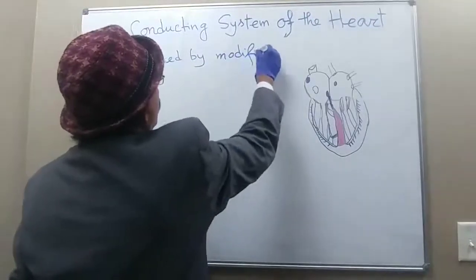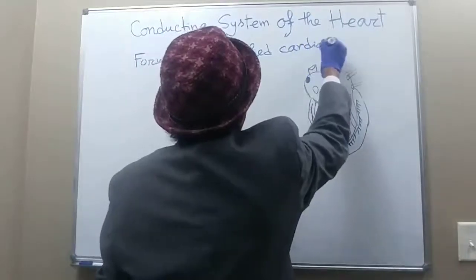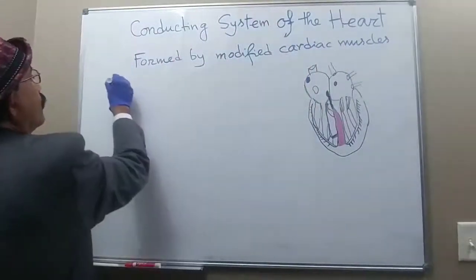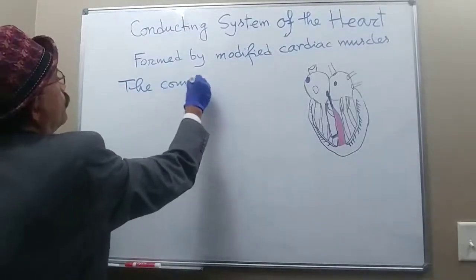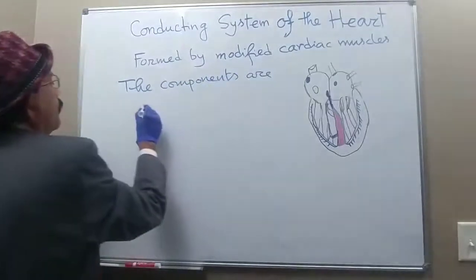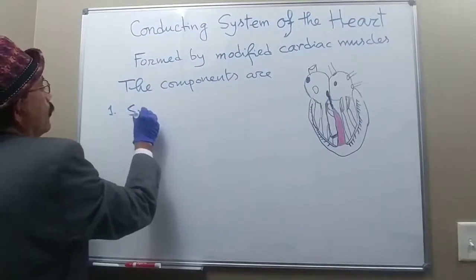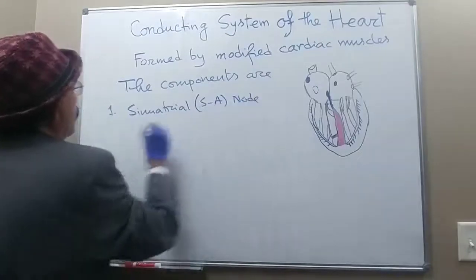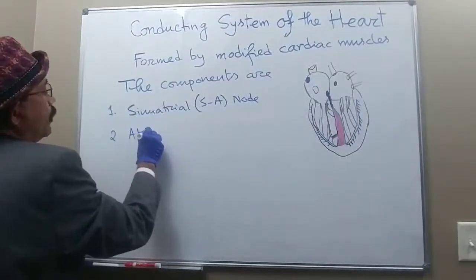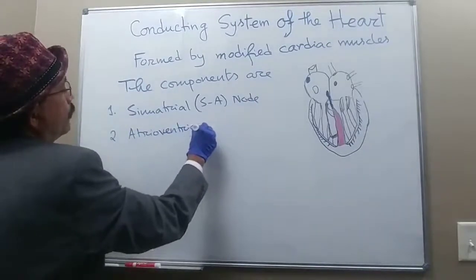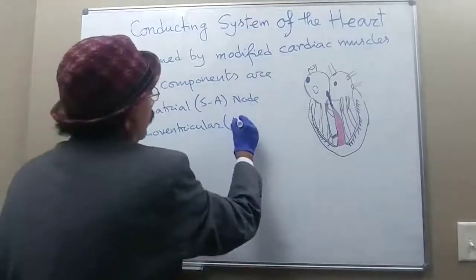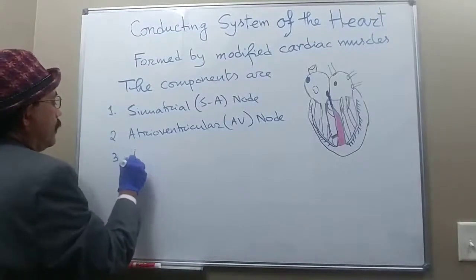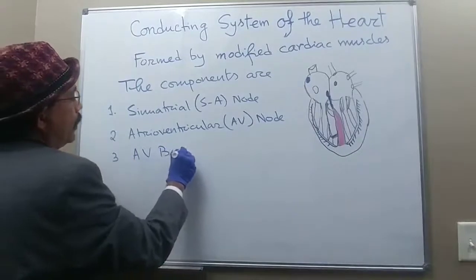modified cardiac muscles. The components of the conducting system of the heart are the sinoatrial or SA node, the AV node or atrioventricular node, the AV bundle or atrioventricular bundle,